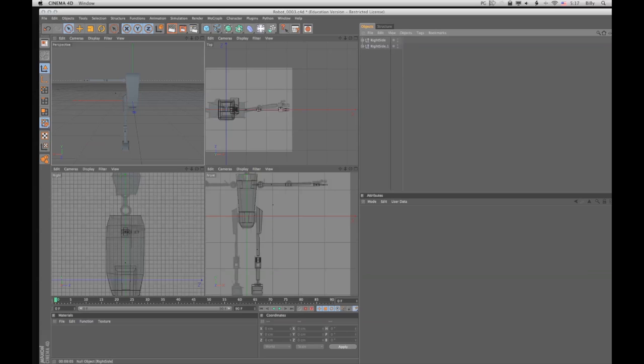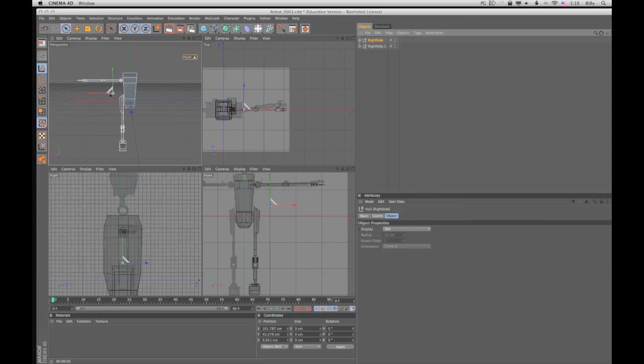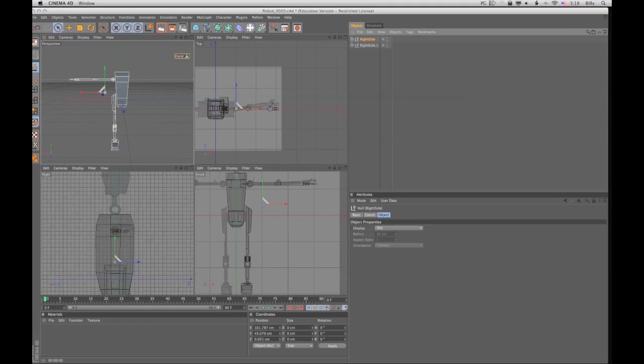To do that, we're going to click on this, and if we look over here on the right side of the Objects Manager window, there's a little search button, a little home button, and then there is also an eyeball. What that does is it allows us to turn different objects off and on. As you can see, right up above here, it pops up when I turn that on. It shows all the objects that we have, and we can turn all of those off or on. But we can also